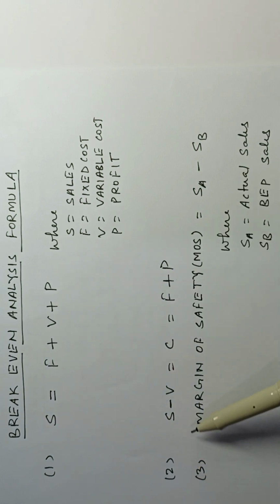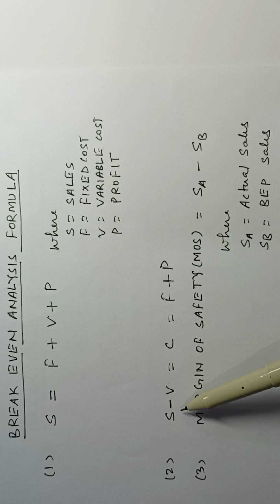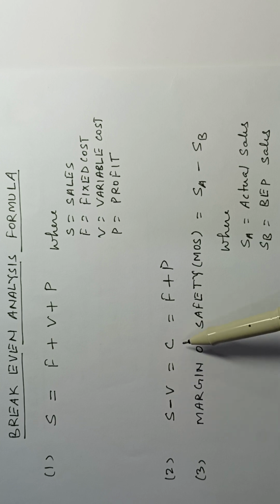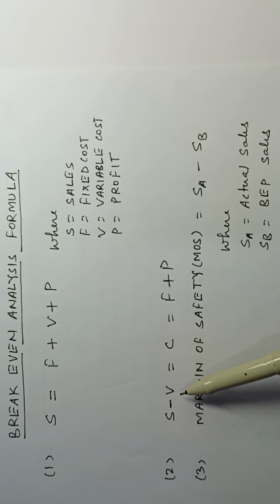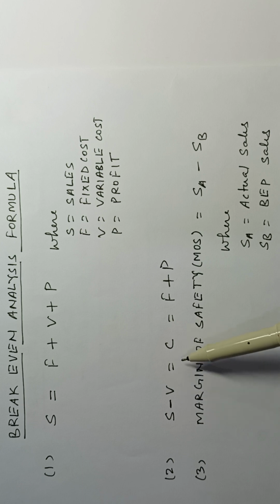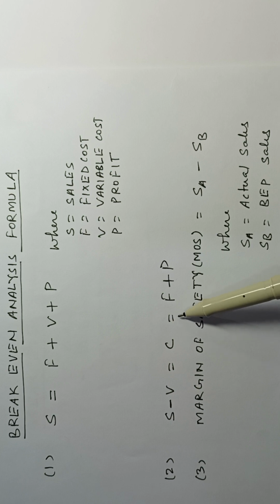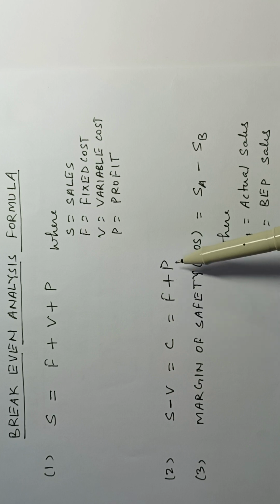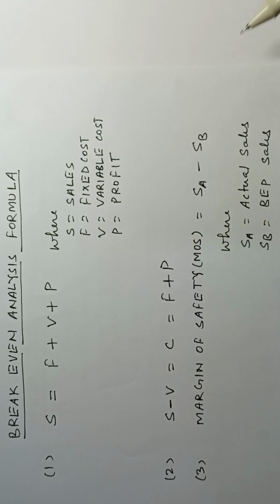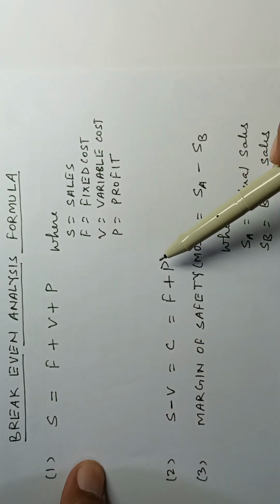Then second formula is sales minus variable cost equal to contribution. What we have seen in the previous slide, sales minus variable cost equal to contribution, which is equal to fixed cost plus profit. This formula means second formula I have taken from